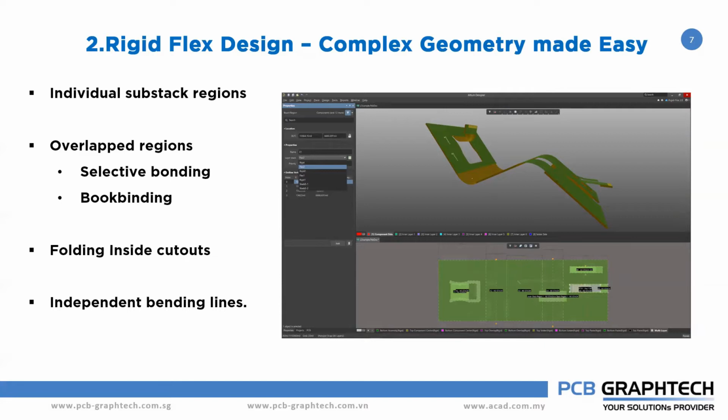Okay, split them, you can edit them, and then you can also place the bending lines wherever you want. Previously it was able to place only at the centers, not at the edge, but now in Altium Designer 21 you can place the bending lines at the edges of your board or at the cutout of the board. Anywhere you can place the bending lines. And also once you define your board shape, you can also edit your bending lines. Okay, so this can be done.